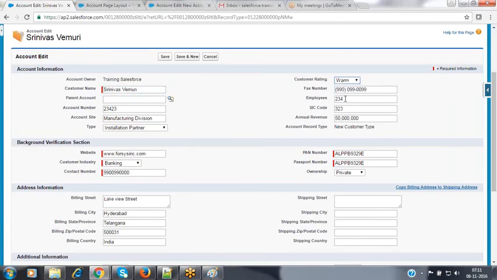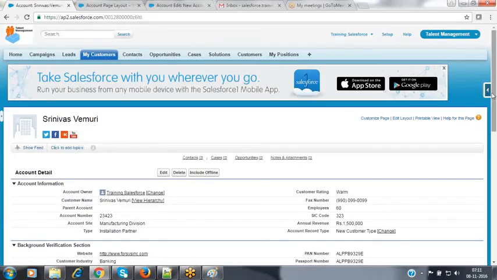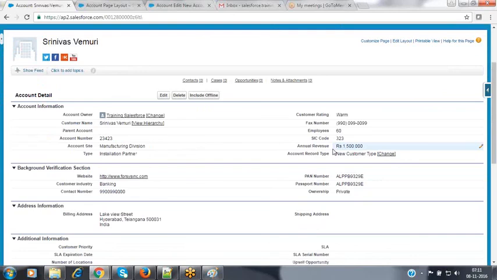I'm changing the rating value from 100 to 1. I'm changing the number of employees to some 60. I'm changing the annual revenue value to some 15 lakhs. I've changed some values and then we can save it. Nothing but, by placing that record type field on that record, we can convert the record from one record type to another record type. The possibilities are available right now. For that purpose, we are going to place the record type field on our record itself. Clear? So this is the way we configure the record types on our objects.